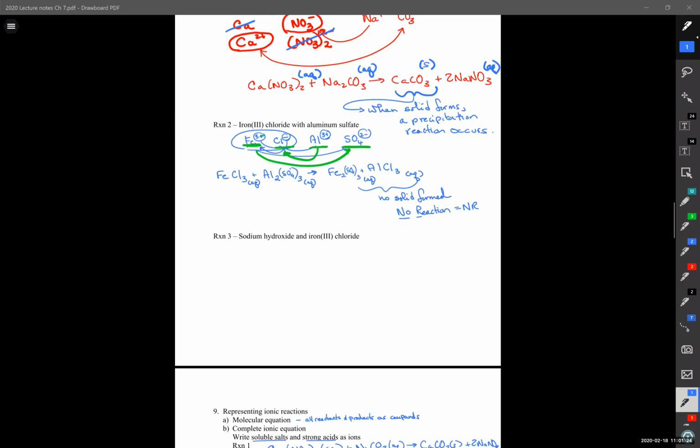Okay, so here, we have all the study on this. So we're going to go to the molecular. This is the molecular, we're going to go to the ionic. To do the ionic, you basically have all these ions. You work it out that way. So you're going to write everything in here as ions. Now, when you look at the solubility rules of this,